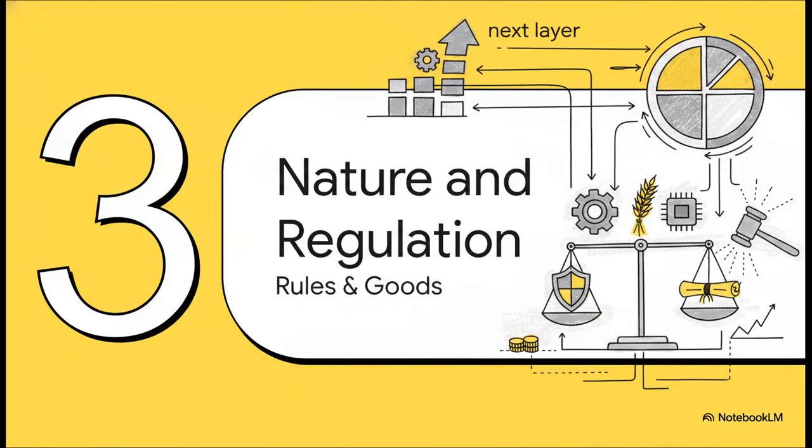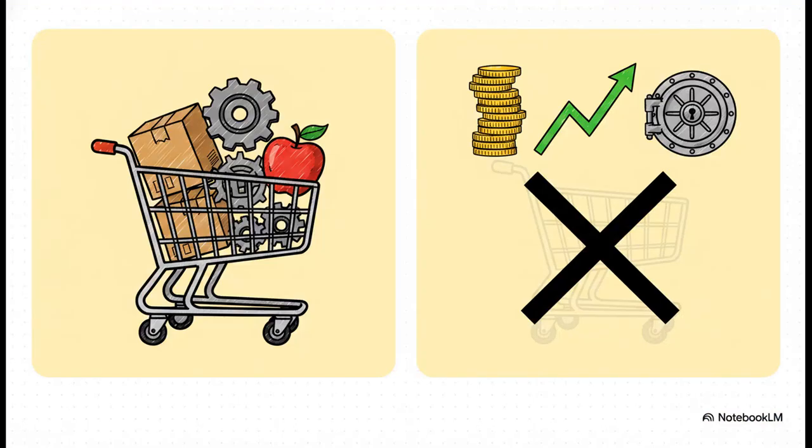Moving right along to our third layer, rules and goods, what we trade and how. If we split markets by the actual nature of what's being traded, there's a huge divide. Over here, the commodity market. Highly tangible, it's consumer goods and industrial produce. But over there, the capital market. You absolutely cannot put this in a shopping cart. This is the financial arena for long-term borrowing and lending by big business enterprises, dealing in financial assets that have long or even indefinite maturity periods.